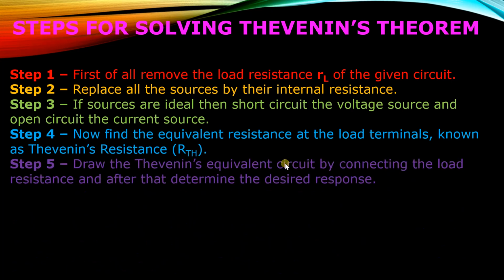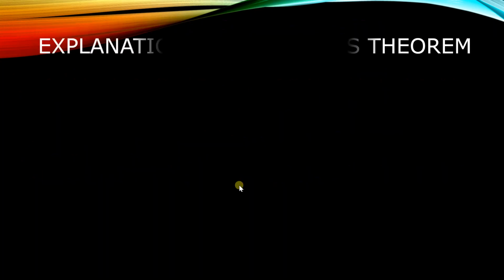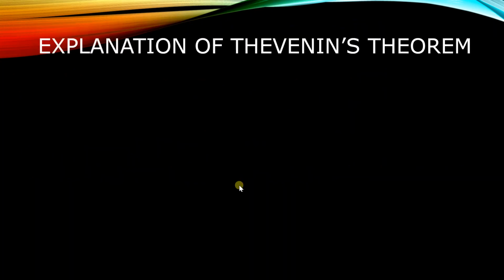Then draw the Thevenin's equivalent circuit by connecting the load resistance, and after that determine the desired response. The load resistance which we removed in the first step, in step 5 we reconnect across the terminals, and we find the load current through the load resistance. So we will discuss all these steps one by one